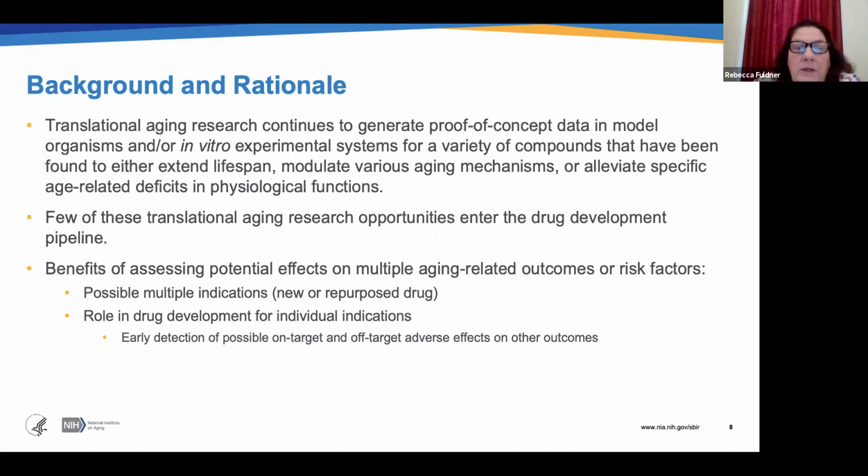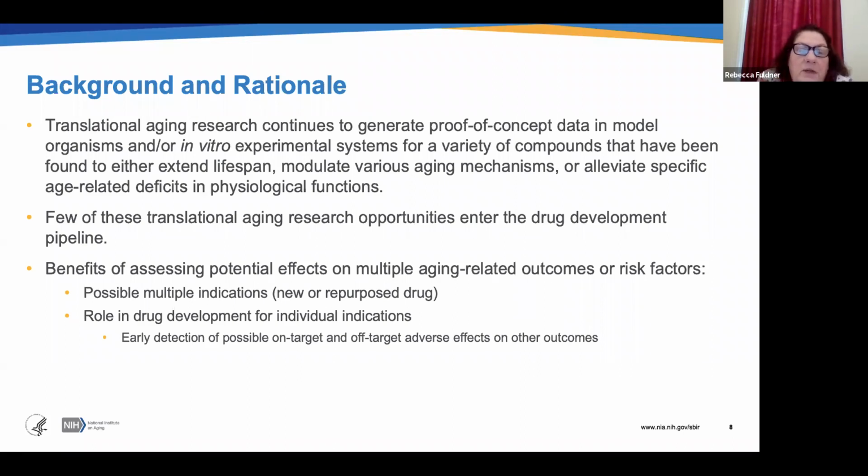And then there's further work done, but most of the work that's done on the mechanisms of aging has not resulted in a lot of different compounds entering the translational drug development pipeline and going into first-in-human trials. Instead, there's a lot of work done to understand those interactions between the different hallmarks of aging, but we really feel that there was more work needed to try to develop these products further into the translational pipeline.